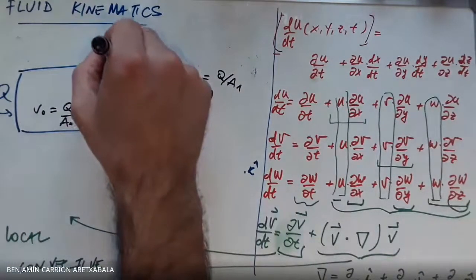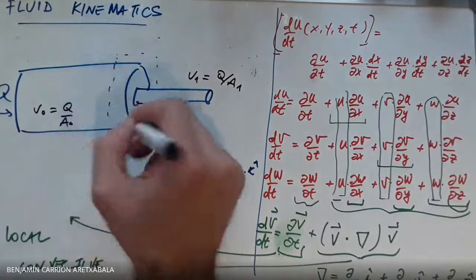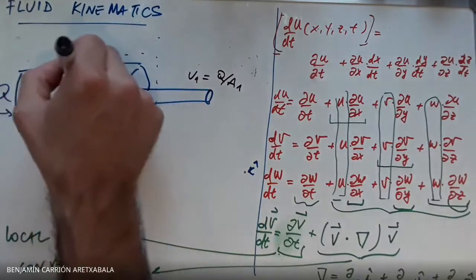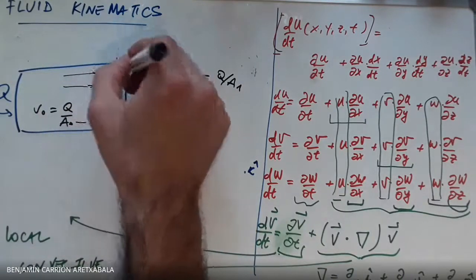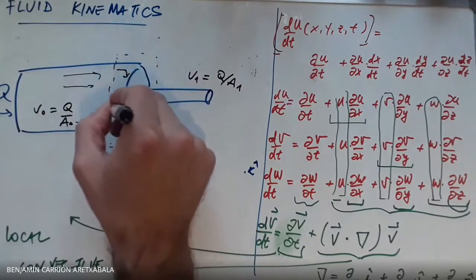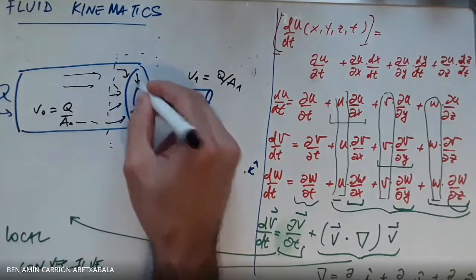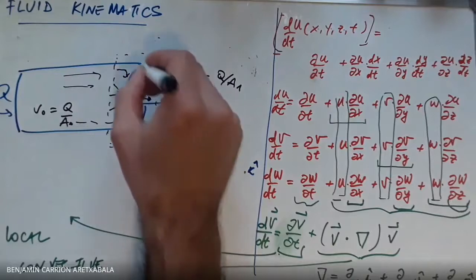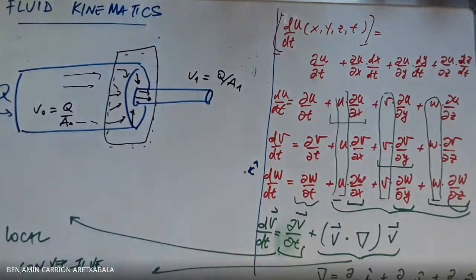So you can realize that the water flowing through this pipe, near the exiting point, is going to have to accelerate locally in order to enter this part. So around this change in shape,